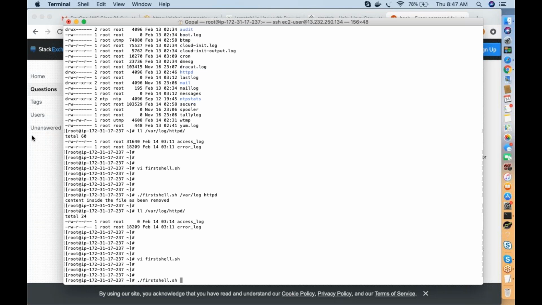Hence the script has to break in the middle and ask the input, okay, can you please enter the value. Whatever value I enter, it has to take that value and run my script. Now let's do it like this.